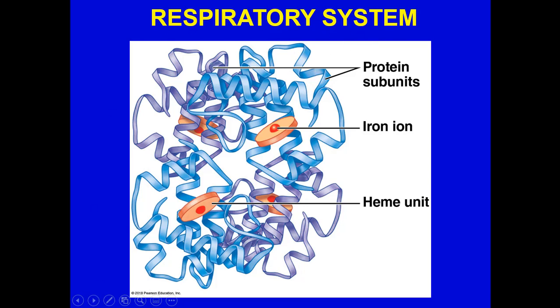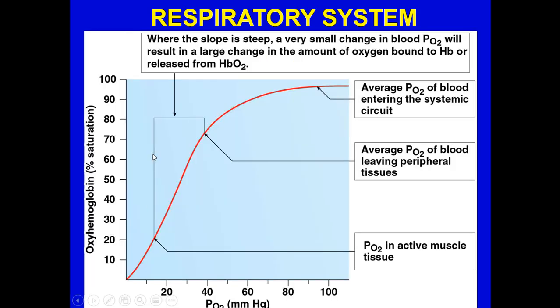Remember that we talked about hemoglobin being composed of two beta subunits and two alpha subunits. Each subunit, both alpha and beta, has a heme group, which in the center consists of an iron ion. Where the slope is steep, a very small change in blood PCO2 will result in very large changes in the amount of oxygen bound to hemoglobin or released from